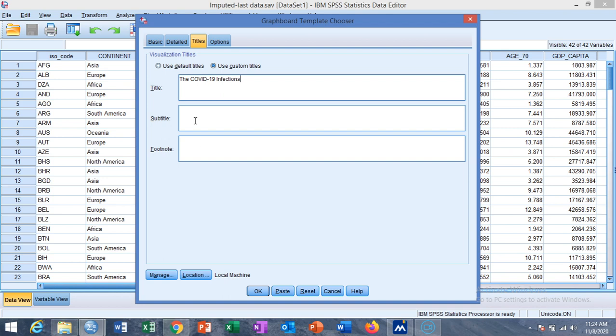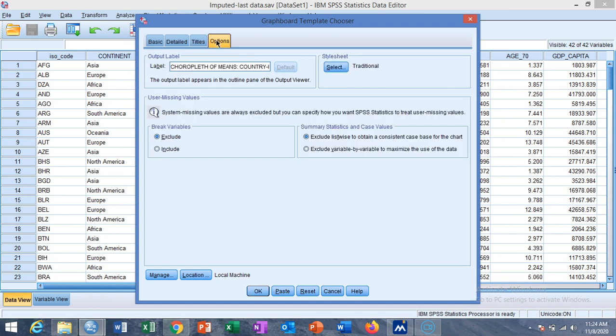If you want to give a subtitle or footnote, then you can choose in these boxes, and then click on options. If you want to exclude any missing values, or you want to exclude the break variable, then you can choose on these bullet points, and then click on OK.